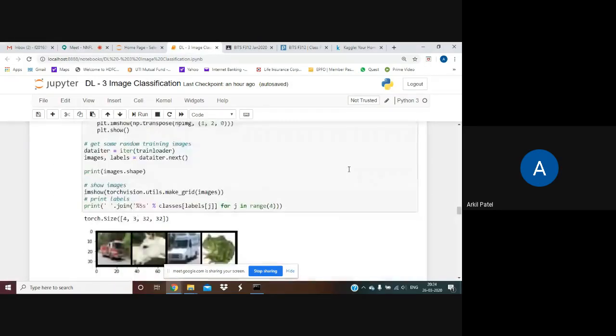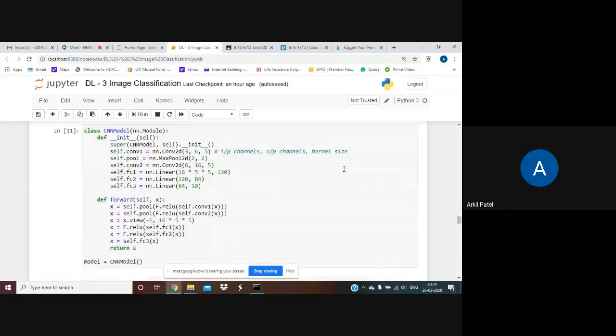Okay, so the way you define your CNN model is just like what we did for the MLP model. You have your class CNN model, and this is my first convolution layer, which is nn.Conv2d. This is how you call the first convolution layer.